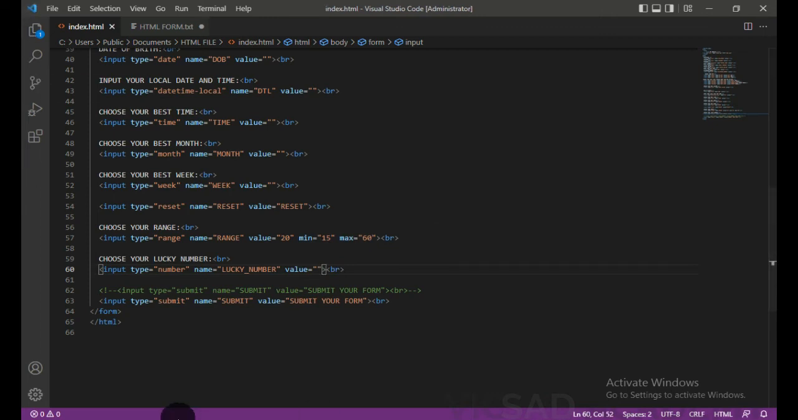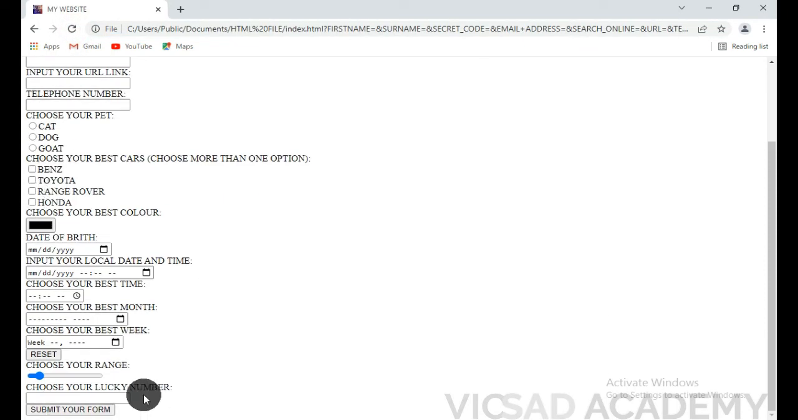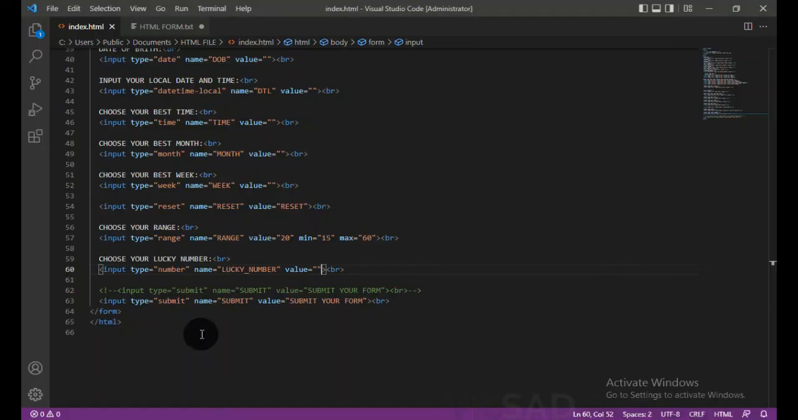So Ctrl S, I'm gonna come here and refresh our page. So you can see, choose your lucky number. So my lucky number is 50, or you can use this 50. So 50. Now let's go to the next one, which is